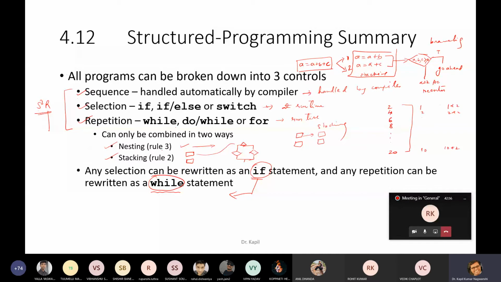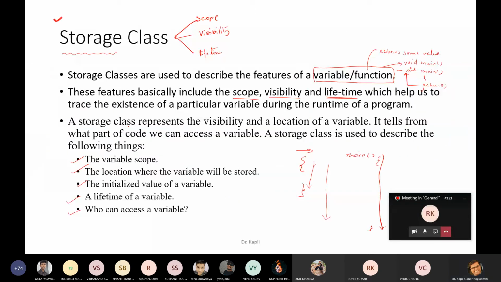Repetition is used with the help of while, do while, and for. Then repetition, there is no specific structure. Then selection. For selection, if else, case, and go to. These are the selection structures. Okay, so you can use likewise. So up to this point, if you have any doubt, you can ask. There is 1 minute.